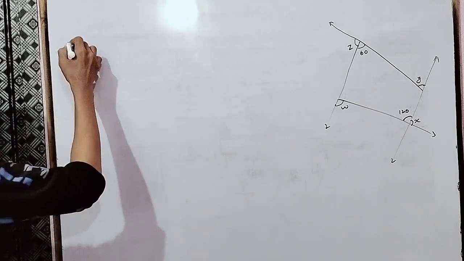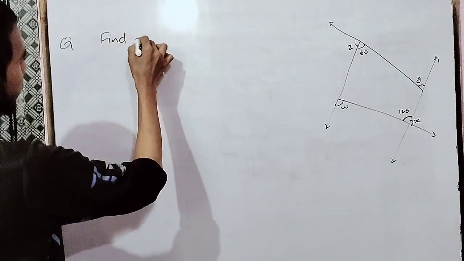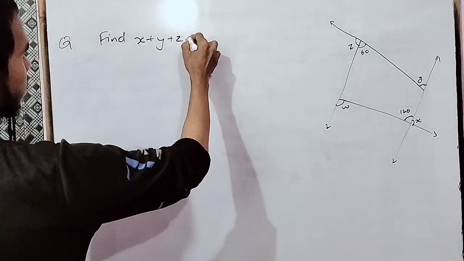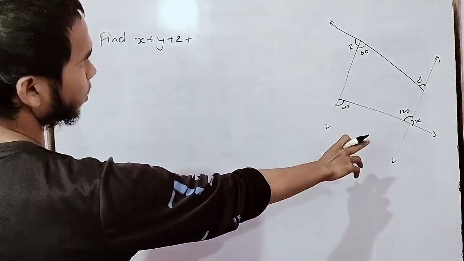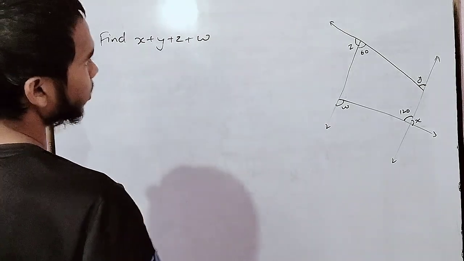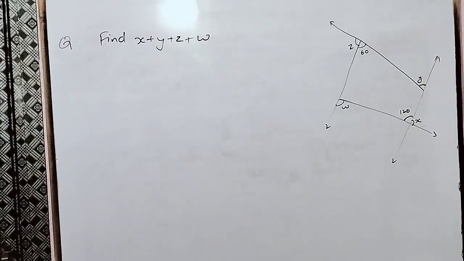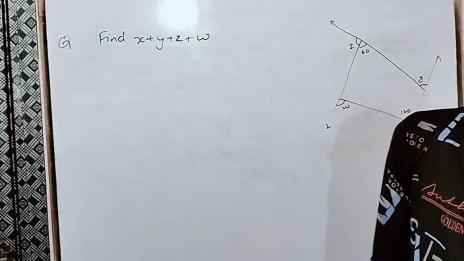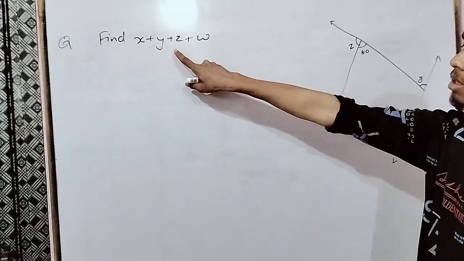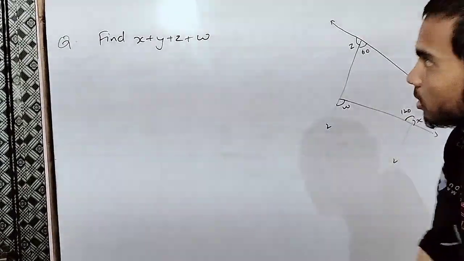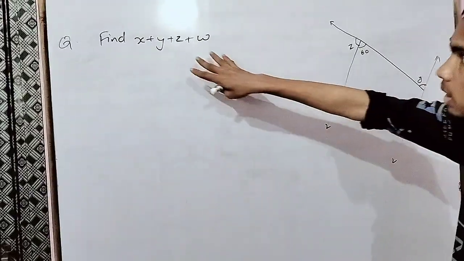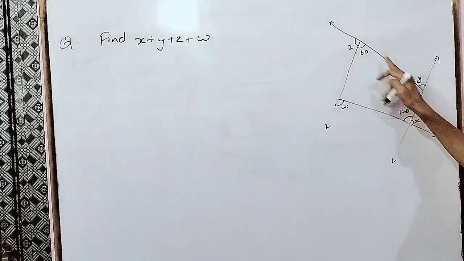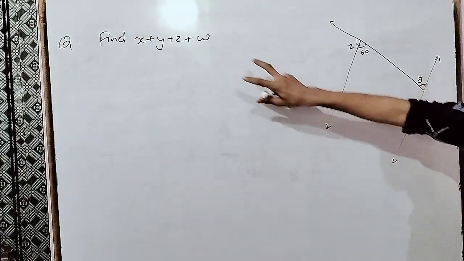It is saying find x plus y plus z plus w. This is a question with a diagram. The question is saying find the sum of four angles. Now we need to observe each of these four angles, here, here, and here. So these four angles